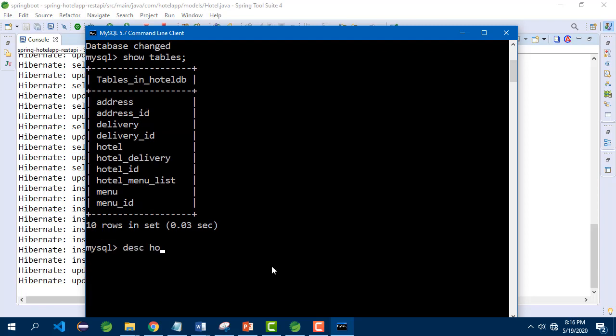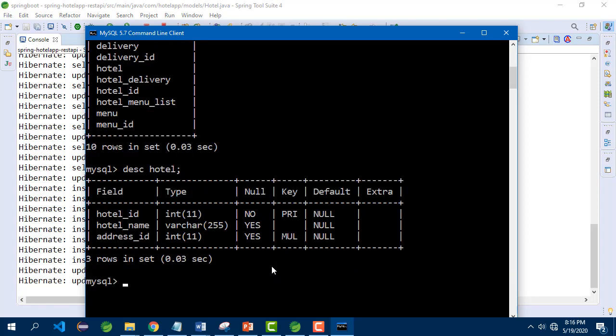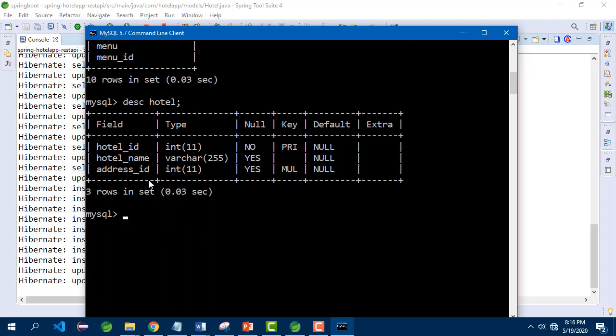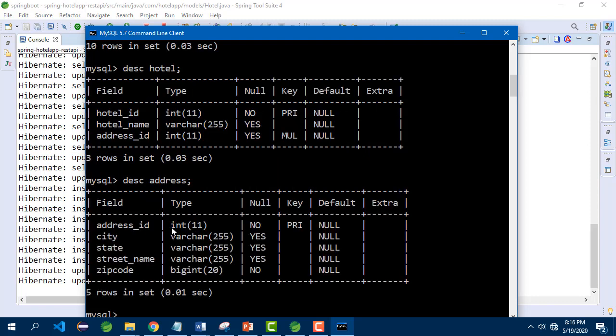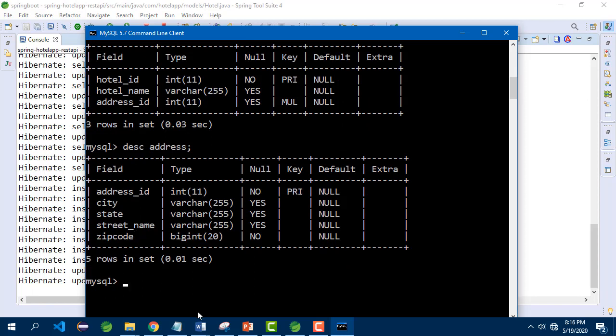Describe hotel: hotel ID, hotel name, address_ID, which is a foreign key. Then next is describe address: address ID, city, state, street name and zip code.